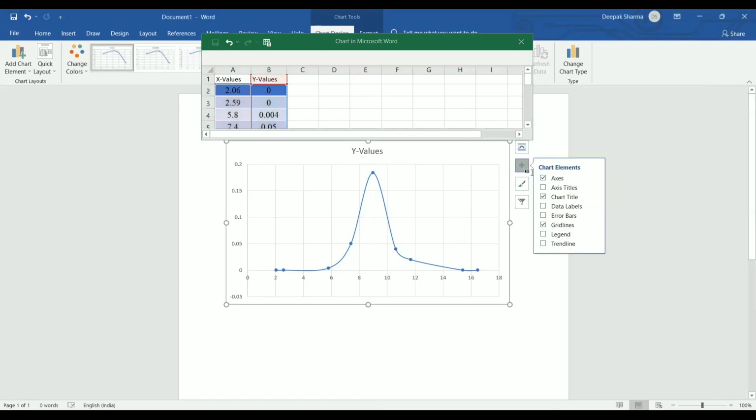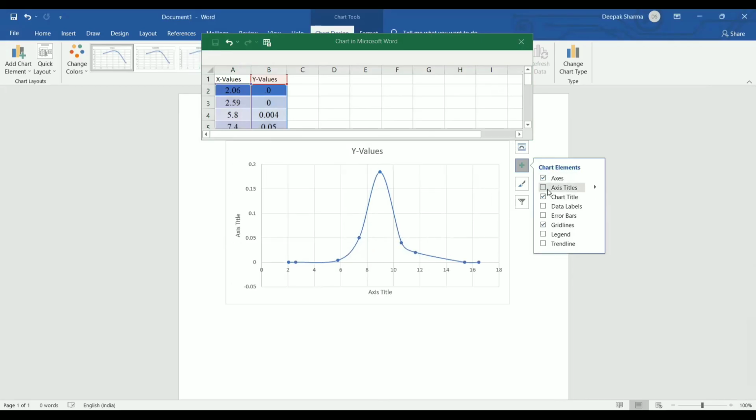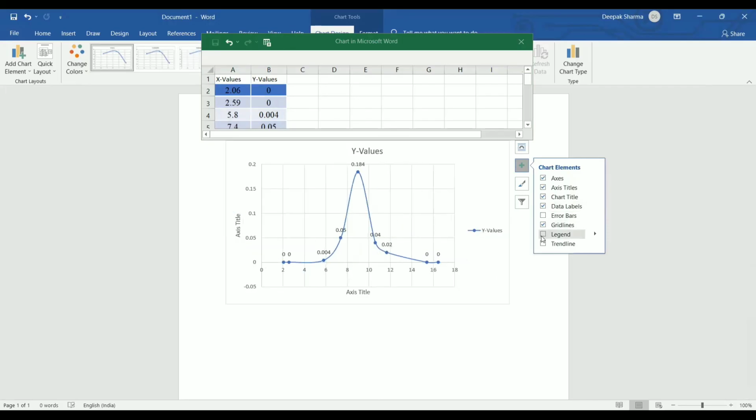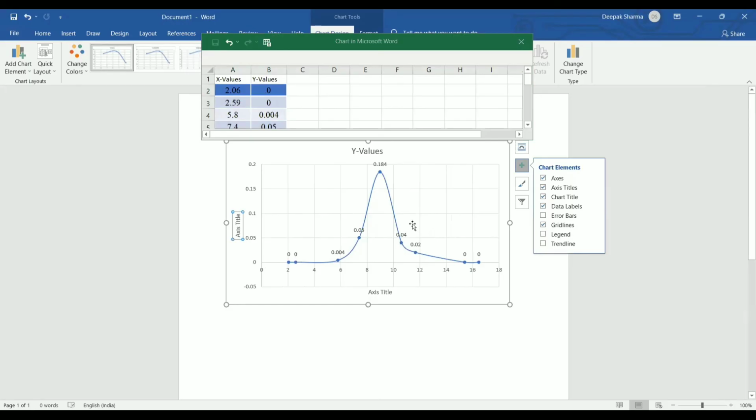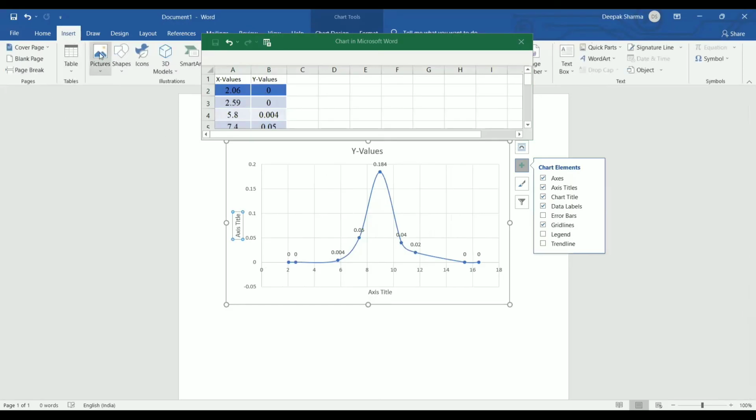Now we can put the axis titles, chart title, and data labels. According to that, we can prepare the graph. How can we draw the lines? We have the Insert option, Shapes.